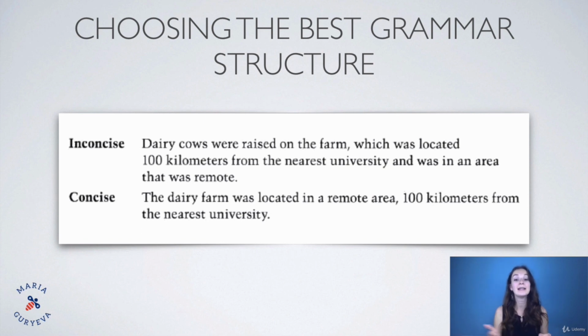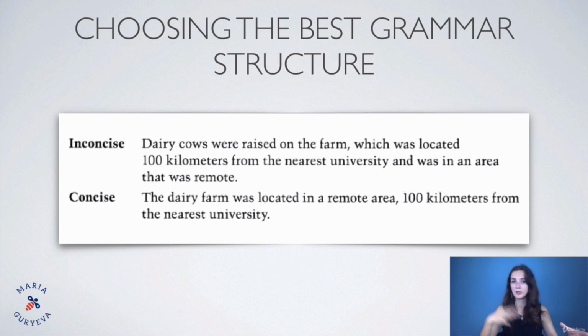The dairy farm was located in a remote area 100 kilometers from the nearest university. So the thing here is that sometimes we have very complex sentences. We're going to write those complex structures. Maybe it is how it works in your language. But in the English language, we usually can